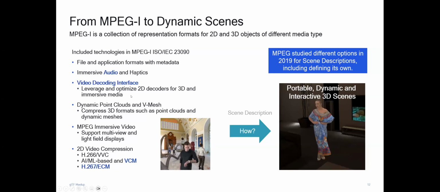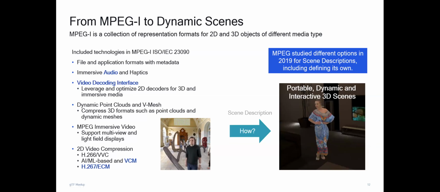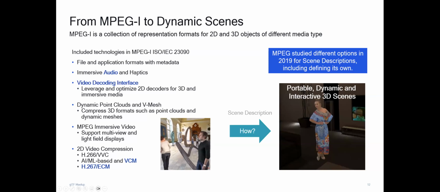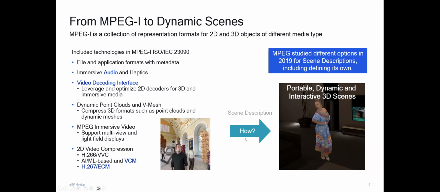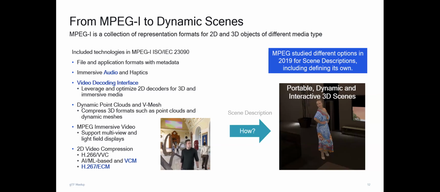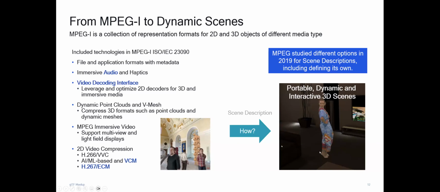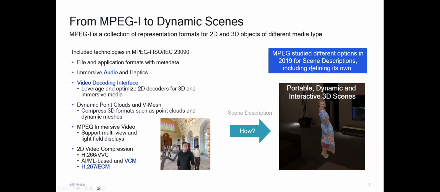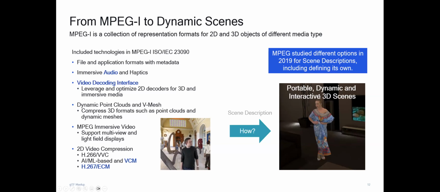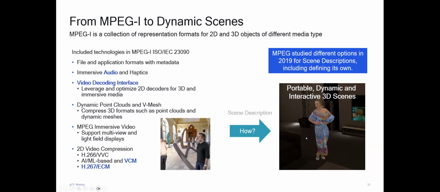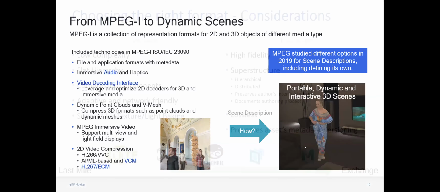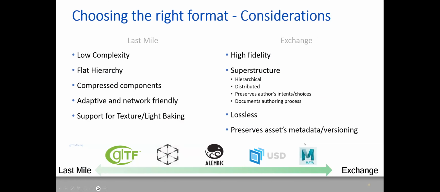There are optimizations to run and optimize multiple decoders in parallel, dynamic point clouds, immersive media, and so on and so on. So how can we create an integrated scene that basically allows to aggregate content, aggregate multiple objects, interact with the scene, update the scenes, and so on? And we studied different options, and MPEG has a history of having done already a scene description. And this study basically resulted then to look at what is the right format. And we basically took different aspects into account. Should we start from scratch, or should we use something existing? And here is a list of candidates, basically.